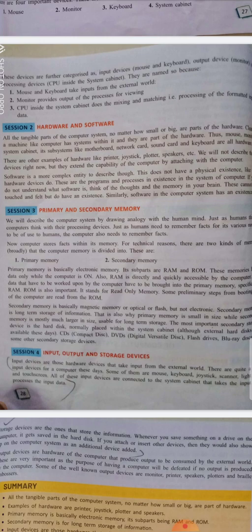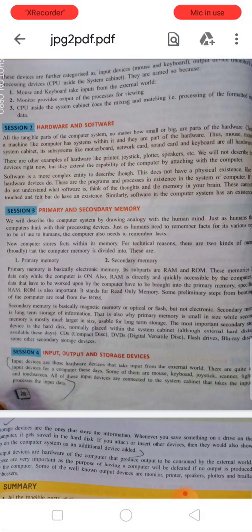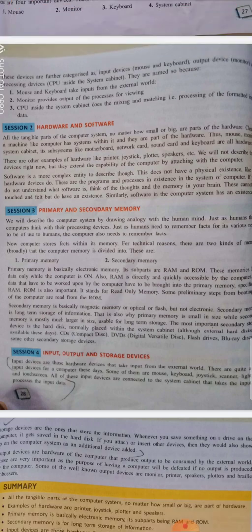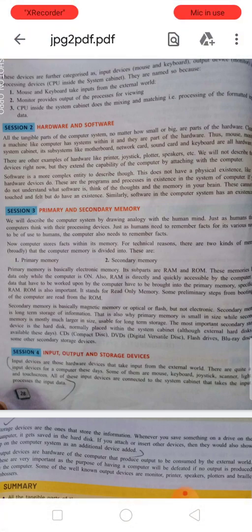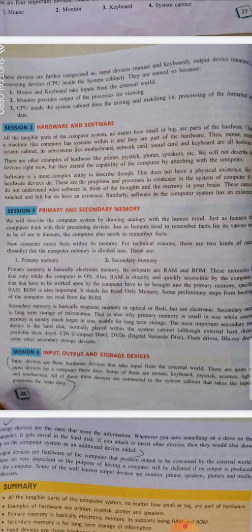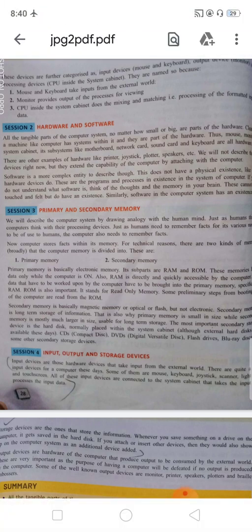It performs the mathematical calculations involving addition, subtraction, division, multiplication as well as relational operations such as AND, OR, greater than, less than. And the next unit is the control unit. It controls and coordinates the activities of all other units of the computer system. For example, it decodes the instructions and determines the storage of the instructions and data. It takes the data to the ALU and from the ALU to memory and the output unit. The control unit controls and coordinates all the activities of your computer system.